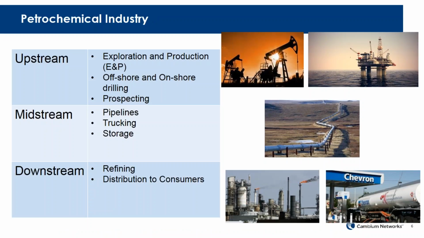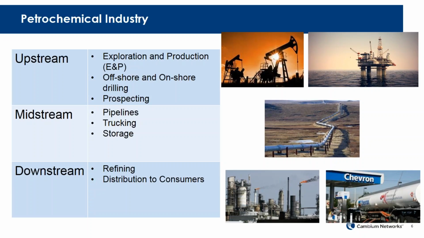Similarly, in the petrochemical industry, we talk about three aspects of oil and gas. We talk about upstream, which is the process of finding where to drill for oil and extracting that oil using a drilling platform, whether it's onshore or offshore. It's prospecting, looking for oil in these far-flung areas. So you can see the pictures there, either out in the middle of a desert where you might find oil wells, or offshore on a floating platform.